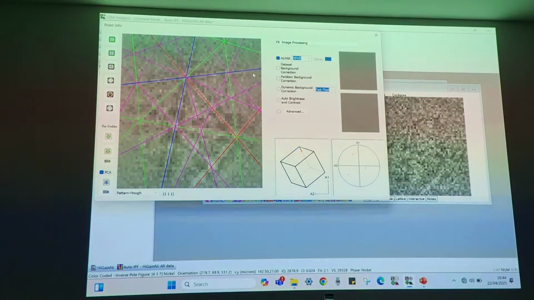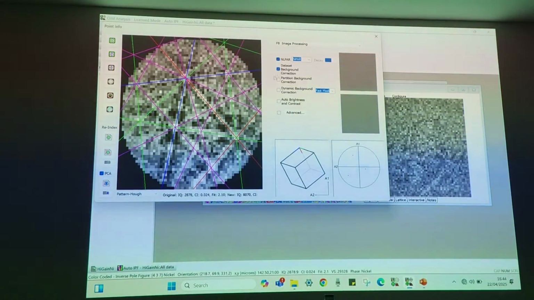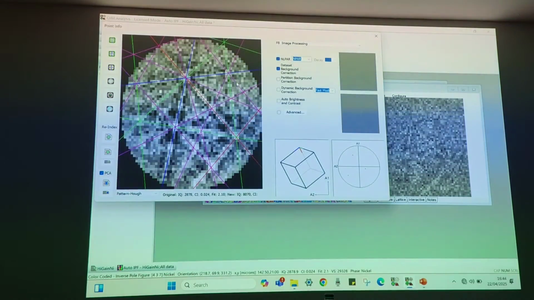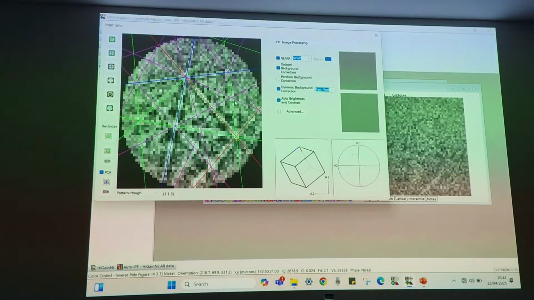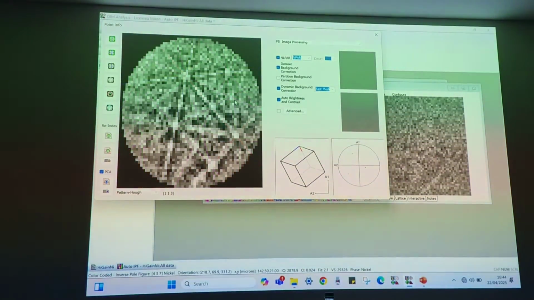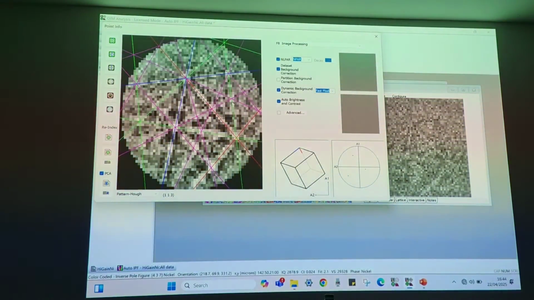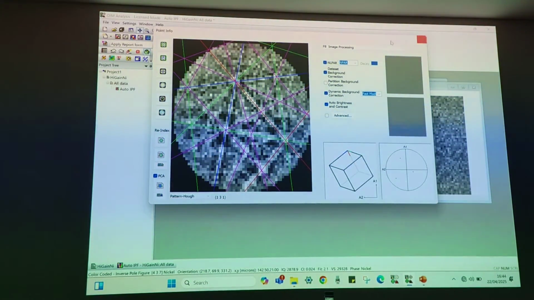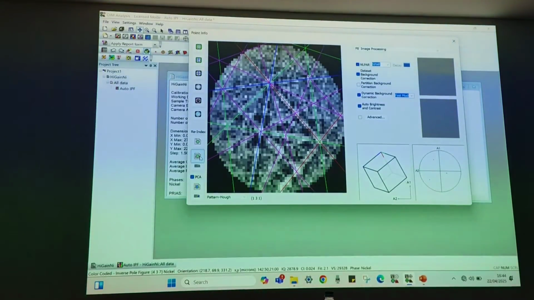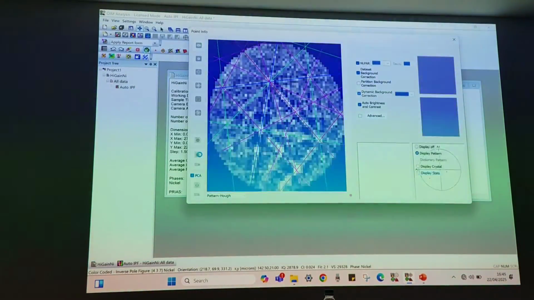Now I can apply my dynamic background on top of this, and I can do auto contrast and brightness also here in order to improve my pattern quality. Though it might not look good to your naked eyes, for the software it is good enough to capture that information.